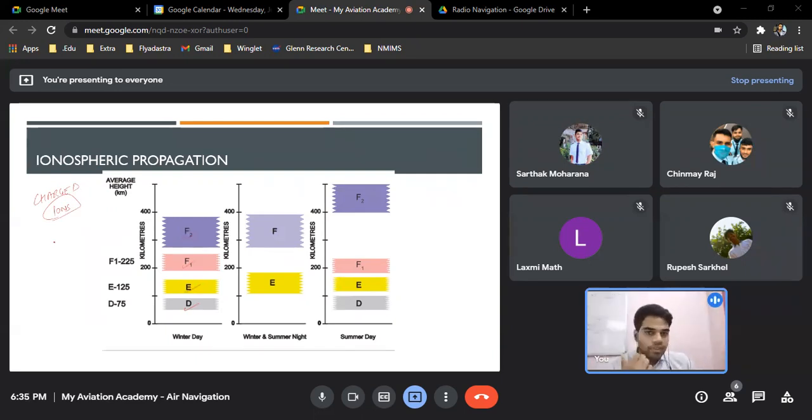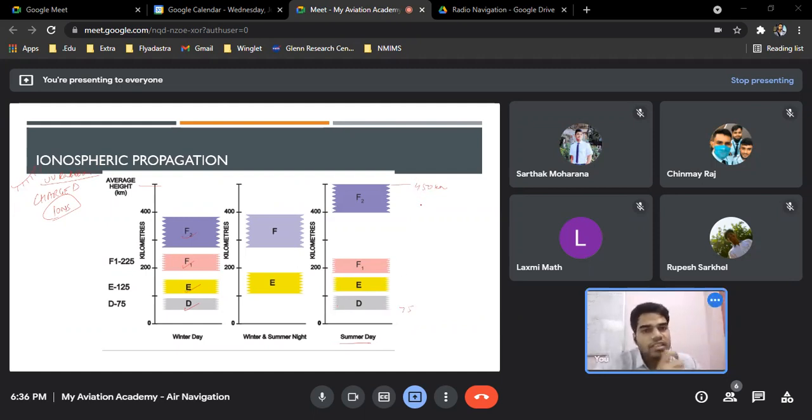The charged ions are present because of the UV radiation. The sun is giving out UV radiation, which is heating the atmosphere. When the atmosphere heats up, the atoms are also charging up. Let's talk about summers. What happens in summers? We have a lot of heat already, so you can see the ionospheric layer expands. It even reaches heights of, let's say, 450 kilometers, whereas the D layer exists the same.